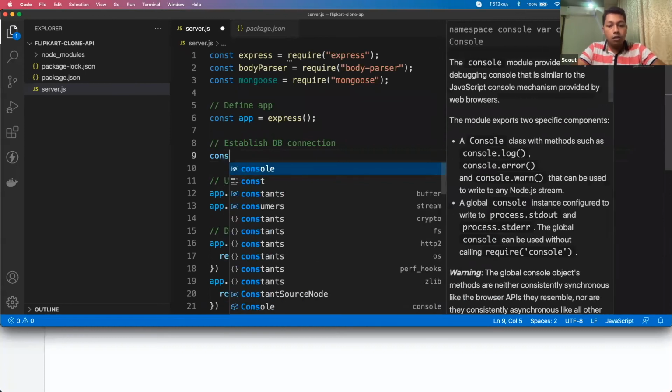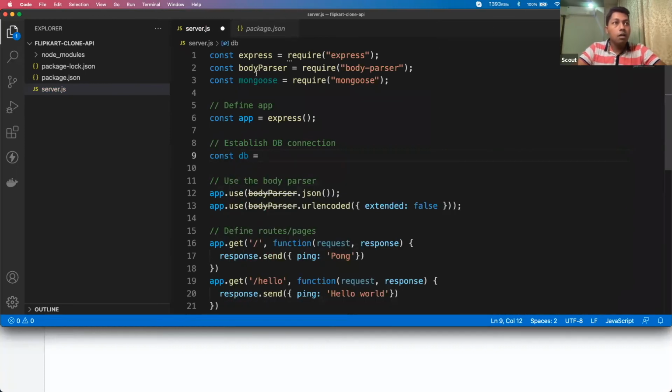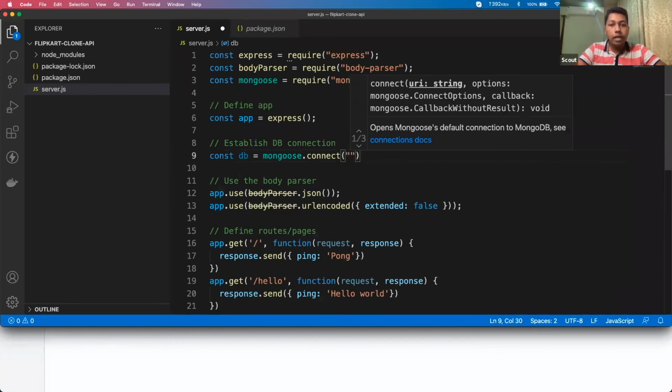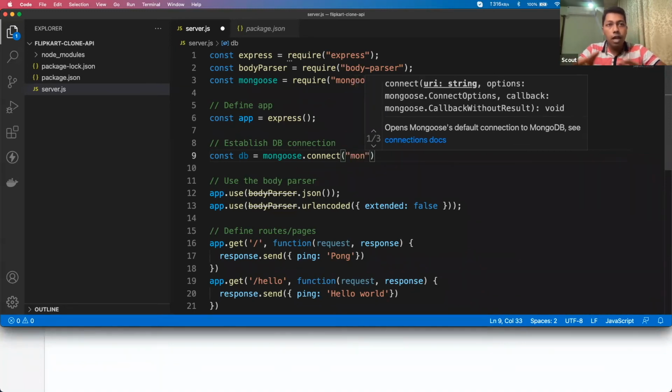How to do that? Say const db equals. I will use this library. There is a connect method, and here I have to pass one connection string. The connection string for MongoDB is pretty standard. There you have to define at which host your MongoDB database is running. Then you have to define the database name. To do that, I will pass a simple string called mongodb